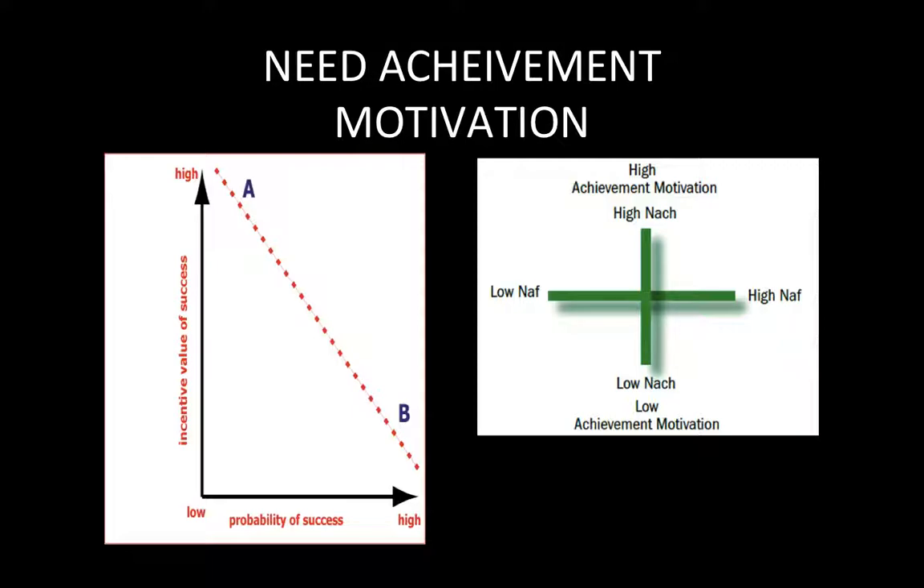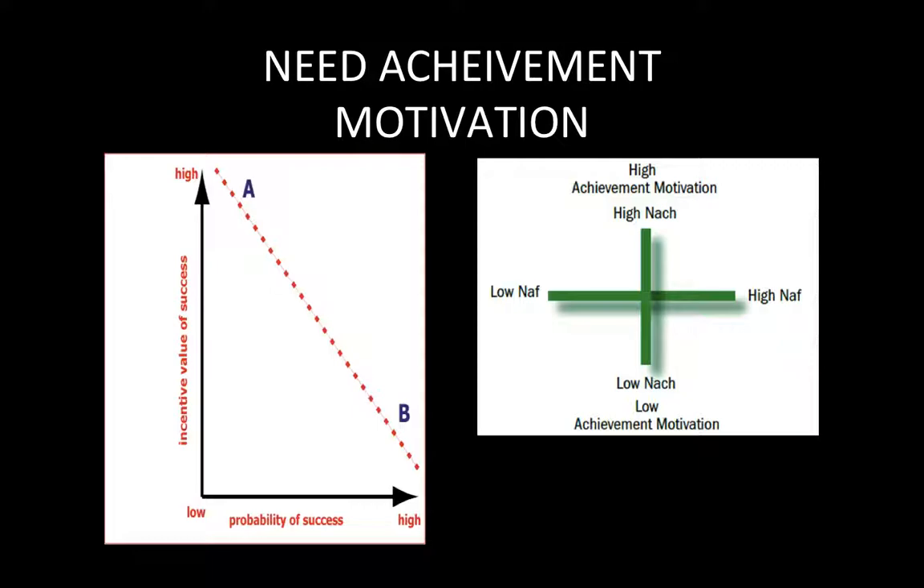The other diagram is a cross that was developed by Atkinson and McClelland in 1976 to show how someone may have a need to achieve personality and a need to avoid failure personality. The first plot represents someone who has a low need to avoid failure and a higher need to achieve. This would be someone in the top left-hand corner of the cross, whereas the bottom right-hand corner of the cross represents someone who would have a low need to achieve and a high